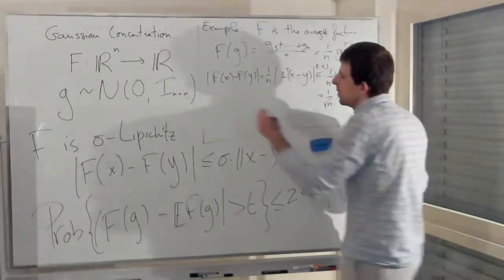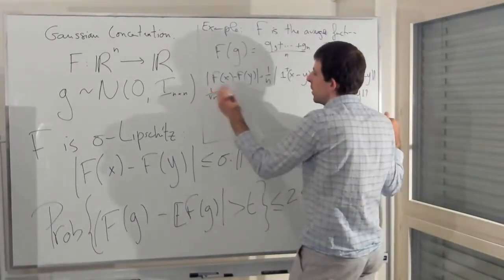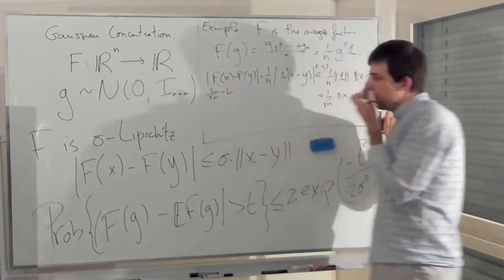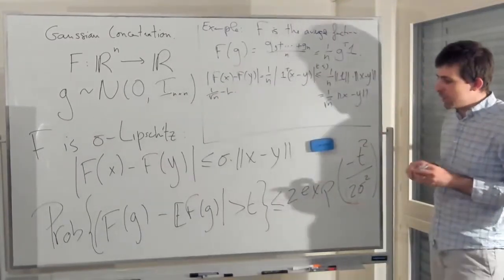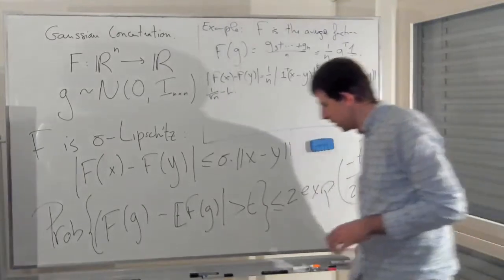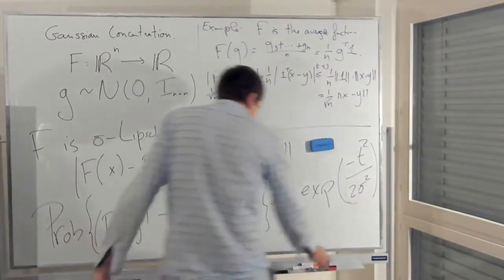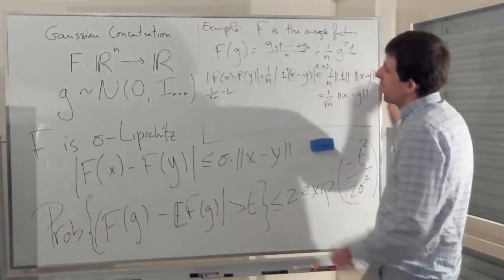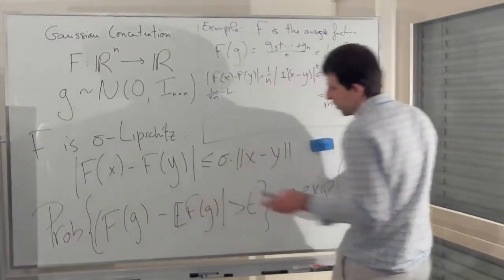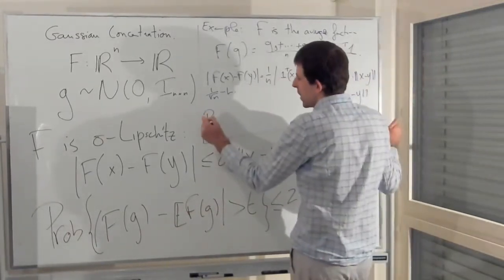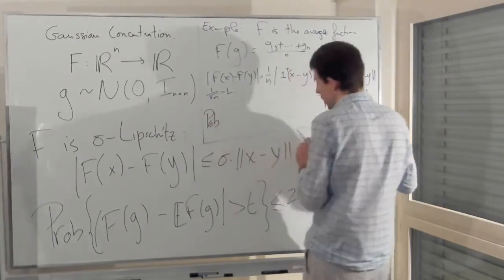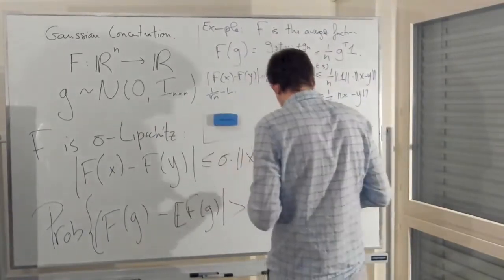So f is 1 over square root n Lipschitz. Now we can see what the inequality gives us. We can just plug it in. The expected value of the mean is, of course, 0, so it tells us that the probability,